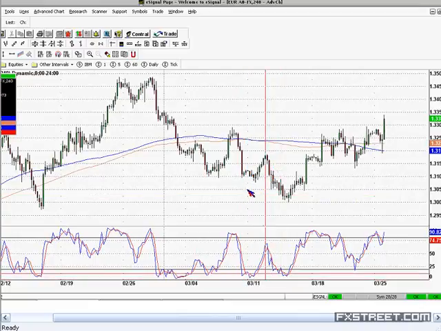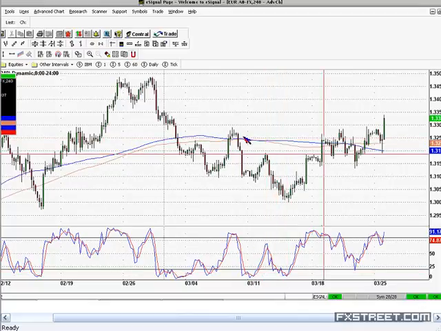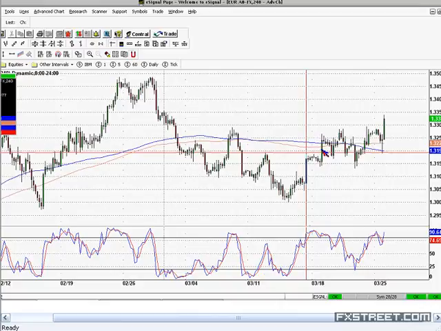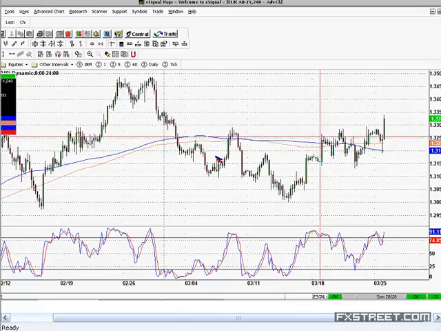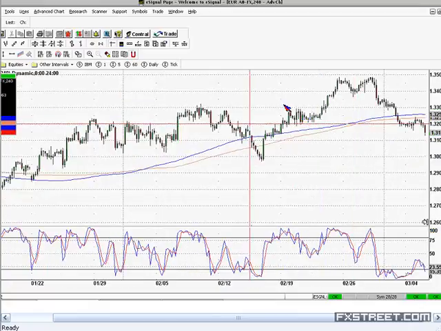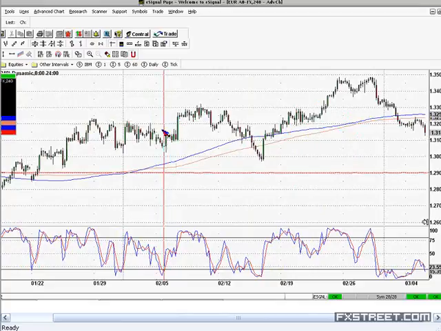In the case here, stochastics is oversold, so we don't buy, because the currency pair is trading below the moving average. Here, we see that stochastics has moved into overbought territory, and the currency pair is trading below the moving average. So you would take this trade, but in this case, you would have stopped out. But I always like to show winners as well as losers. So let's take a look at some other examples of possible trades. There are no trades here, but here are some good examples.